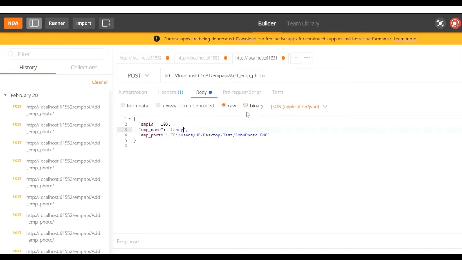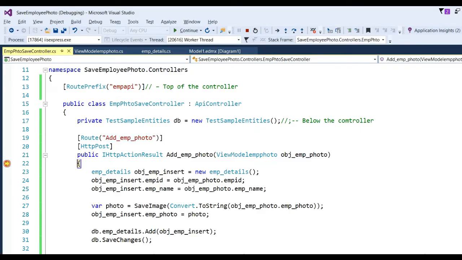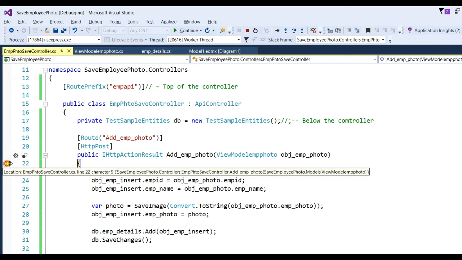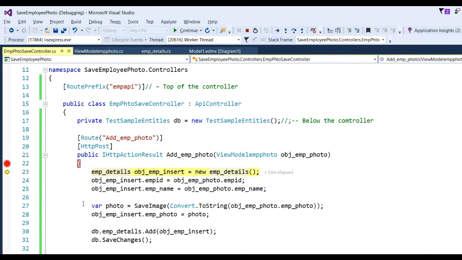So using the POST method and URL, and in body we have chosen JSON application, then click on send. So you can see our add emp photo comes in debug mode,